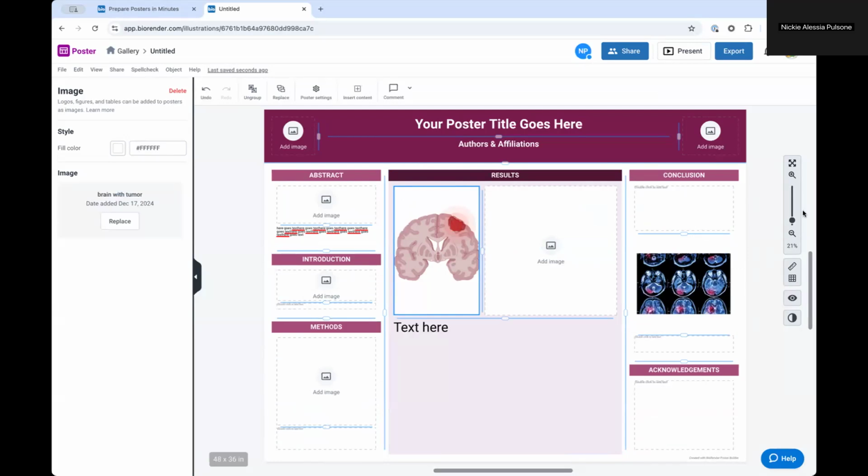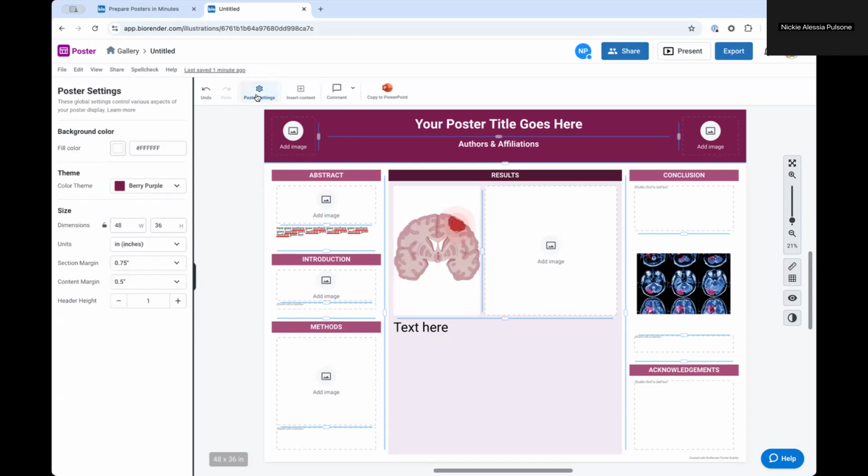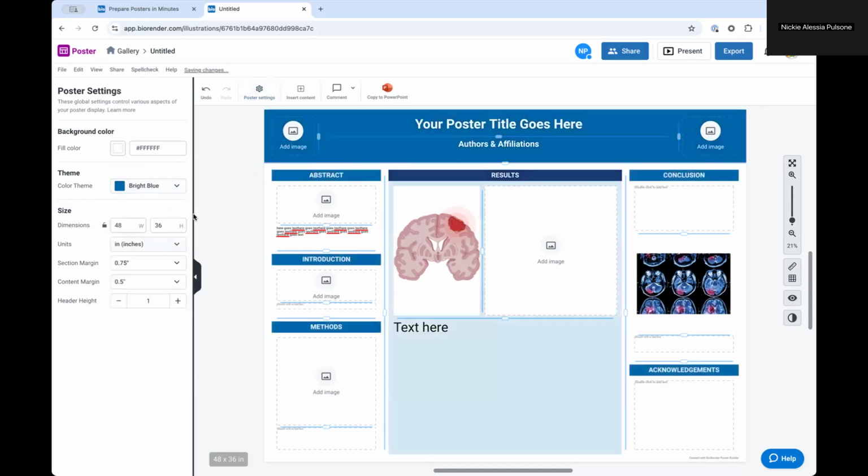Now, looking at my poster, it's obviously very cohesive in that berry color content. Ironically enough, I just realized my images go really well with this color scheme too. But maybe as I'm working alongside my poster, I realize I don't want this color scheme. I want something that is more in the blue. So you can always edit as you go with BioRender, which is really, really impactful,